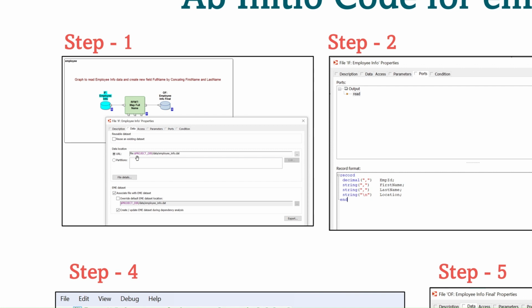That is where your employee info data is situated. Here you can see my employee info data file is located in my project directory and data folder. So here I need to mention the location, so that this input file goes and searches in this location and loads this employee file for execution. And the second